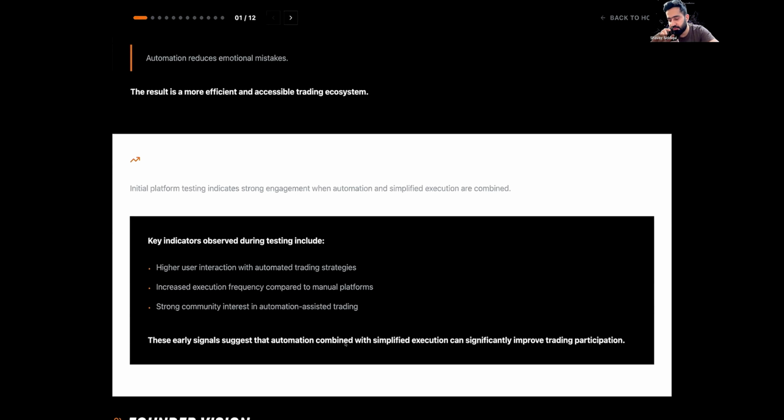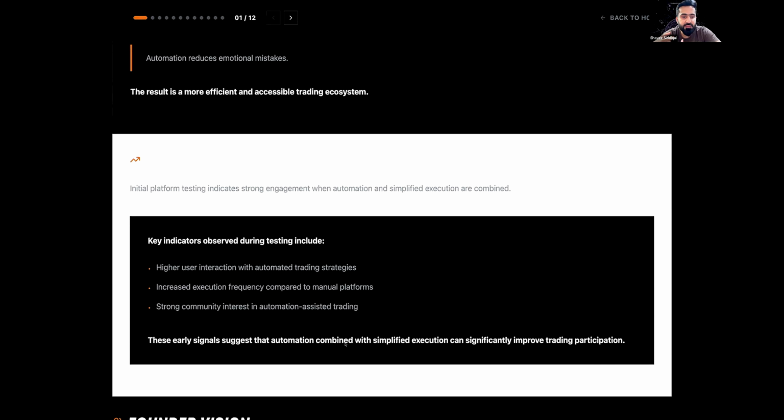The users we tested the app with went towards the automated trading strategies rather than manual trading functionalities, and that too is pretty much